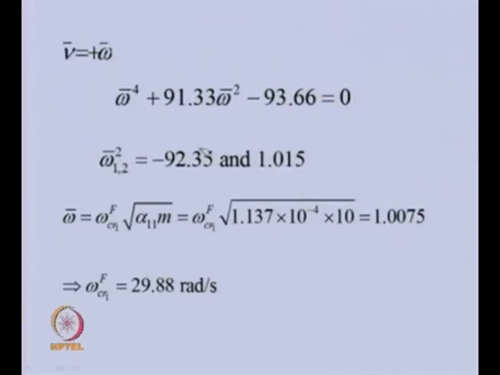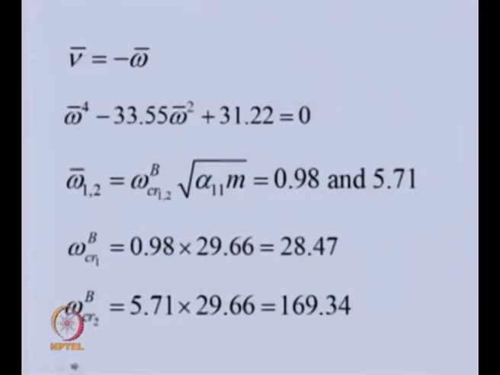This we observed earlier also: one of the forward critical speeds is not feasible, only one is feasible, the other is not feasible. Because we have defined the omega bar like this, the forward critical speed which is feasible can be obtained from this expression, because this value is negative and not feasible. So, from this we will get the first critical speed like this, but the second is not feasible, so we are not obtaining that.